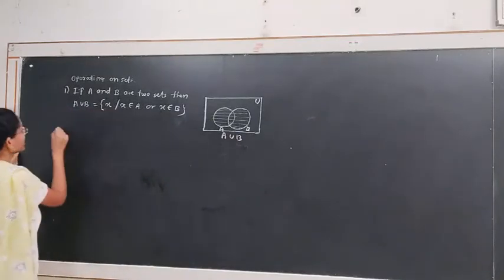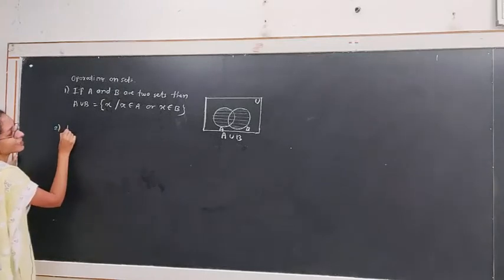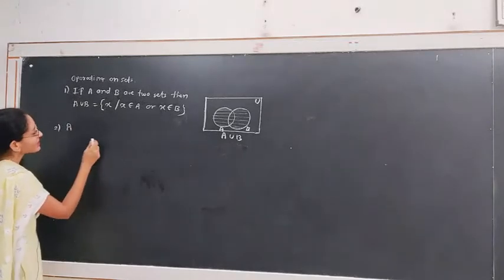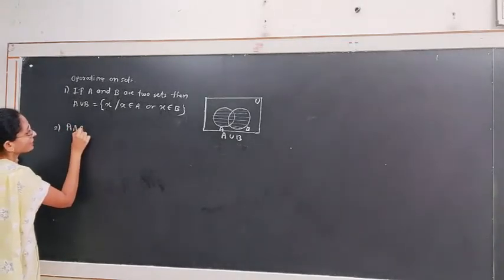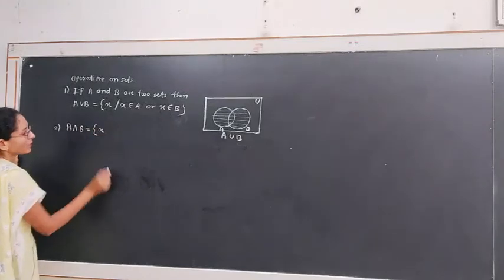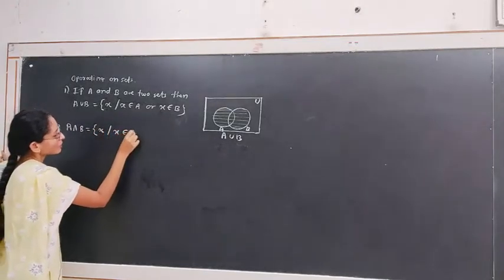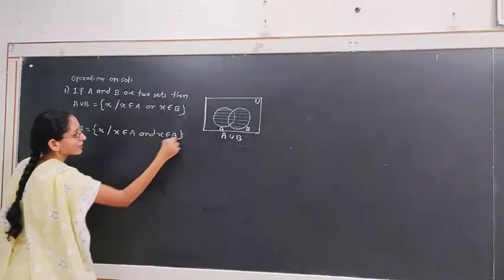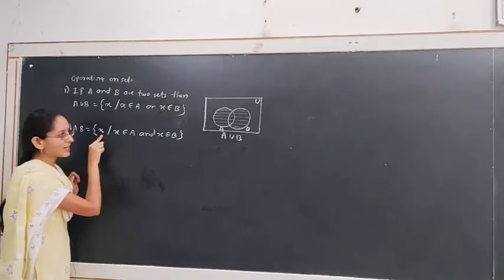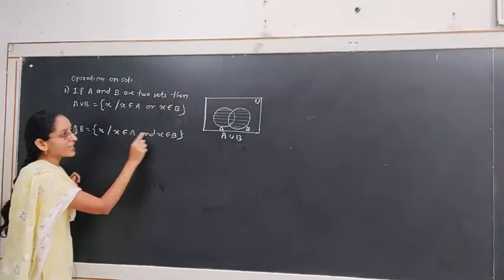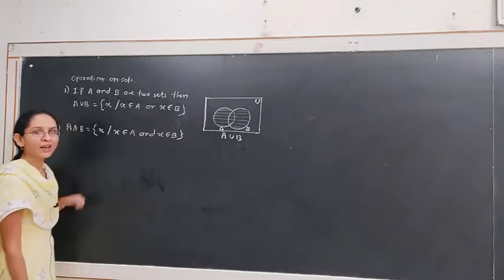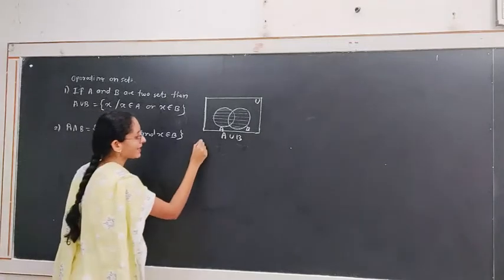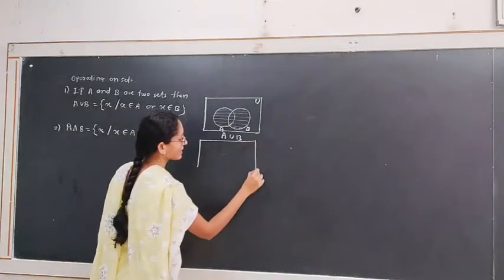The next set operation is A intersection B. If we have A and B as two subsets of universal set U, then A intersection B is the collection of all elements X where X belongs to A and X belongs to B. Now the condition imposed on the element X is that X belongs to A as well as X belongs to B. Means X is a common element of the sets A and B. By using a Venn diagram, we represent the intersection of two sets as